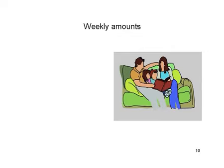As well as the fixed amount, you have a weekly amount for each child. The weekly amounts are £200 for children under 11 years old and £250 for children aged 11 and above. Each week runs from Monday to Sunday. If a child is with you for part of a week, then you use the full weekly amount for the